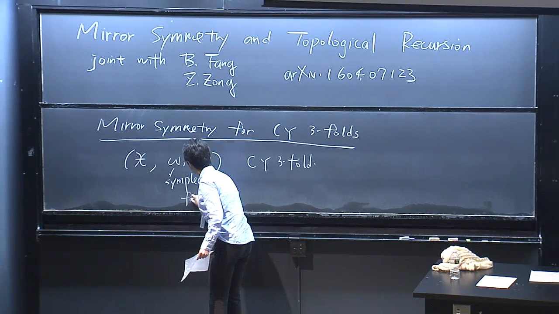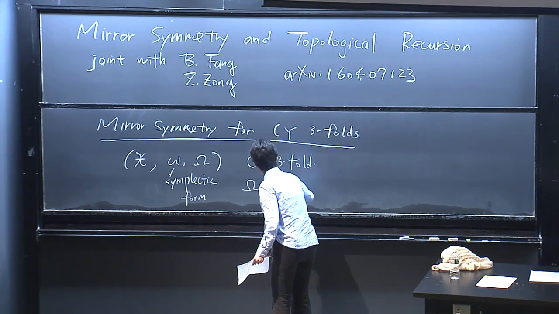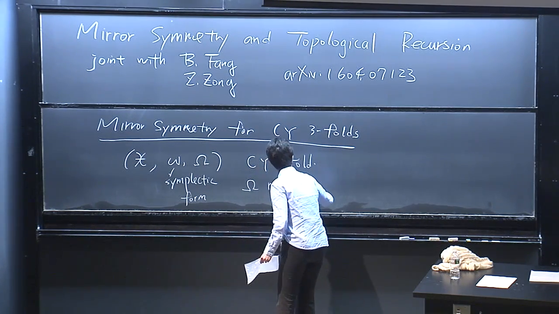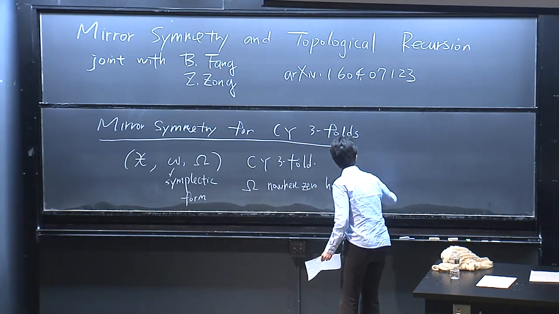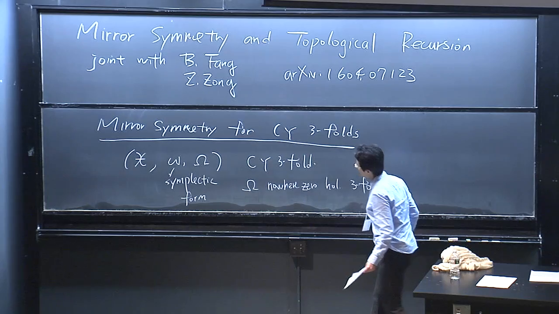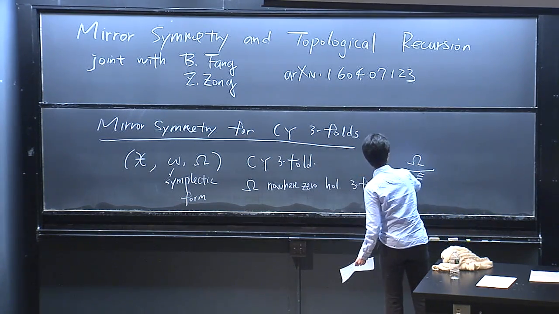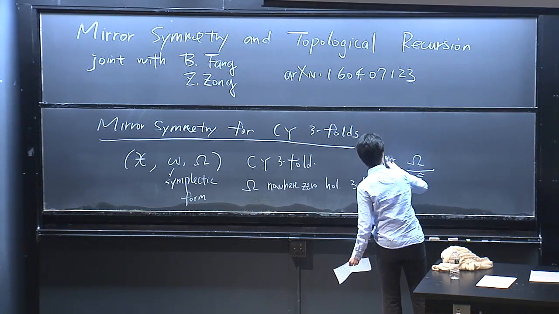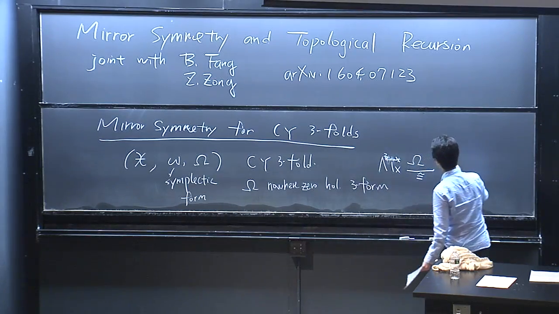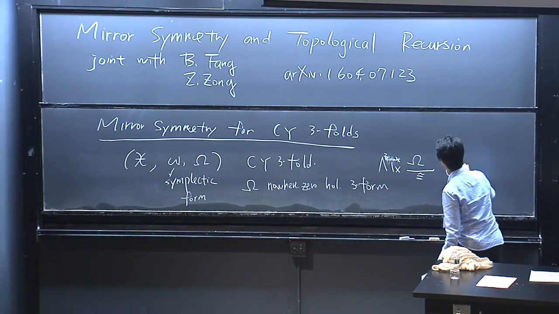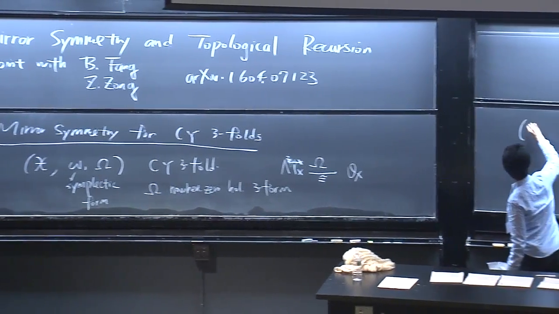Omega is a holomorphic, nowhere vanishing holomorphic three form. So it defines an isomorphism from this holomorphic line bundle to the trivial holomorphic bundle. And mirror symmetry says there should be